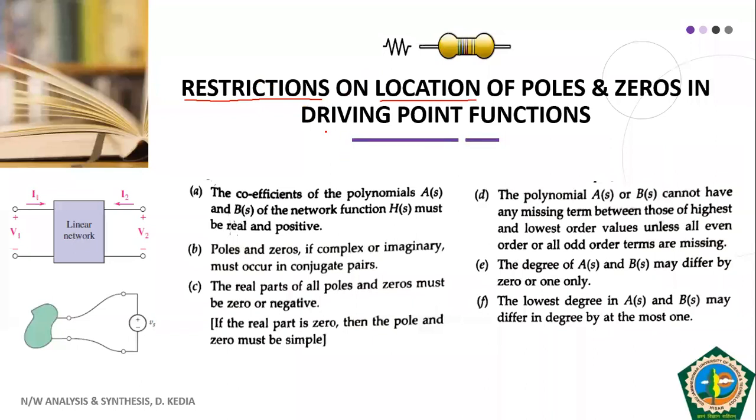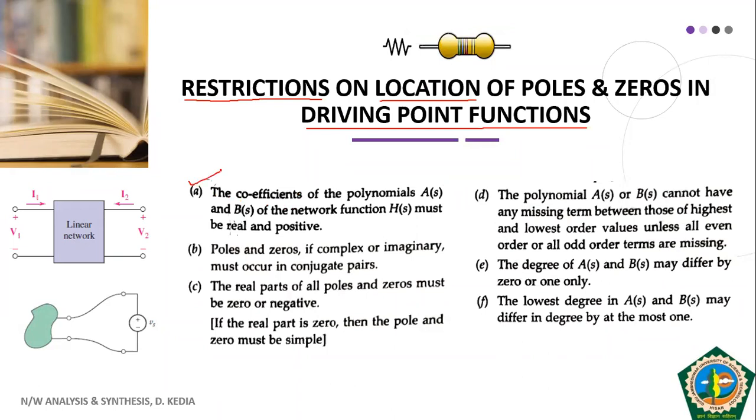Another important point to note is that we are talking about these restrictions with regard to driving point functions. You remember yesterday we talked about driving point impedance and driving point admittance. So these are the restrictions for driving point functions. Another thing we discussed yesterday was the transfer function, or transfer impedance or transfer admittance. In the later slides we will talk about the conditions for transfer functions also. There is a minor variation in the two that you need to notice and then act accordingly in the numericals. So let me read out.